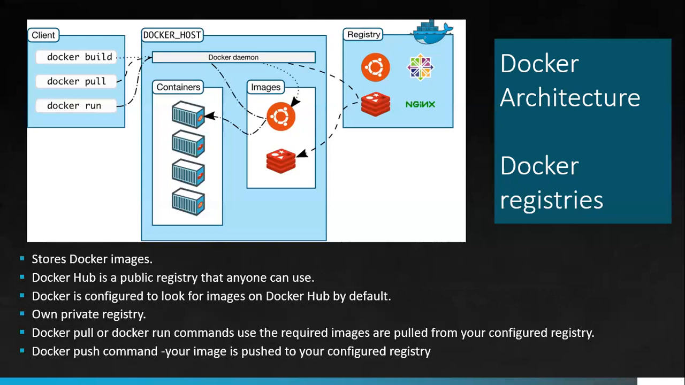What is Docker registry? A Docker registry stores Docker images. Docker Hub is a public registry that anyone can use, and Docker is configured to look for images on Docker Hub by default. We can run our own private registry. When you use the docker pull or docker run commands, the required images are pulled from your configured registry. When you use the docker push command, your image is pushed to your